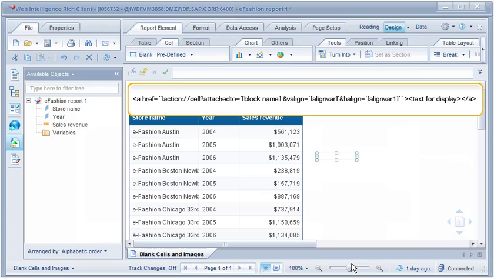The horizontal position only affects the appearance of the report if more than one blank cell is attached to the same report block. Otherwise, the blank cell is the full width of the report block to which it is attached. Note that the location of the blank cell within the Web Intelligence document does not affect where it appears in SAP Business Objects Mobile. The formula determines where the cell displays.